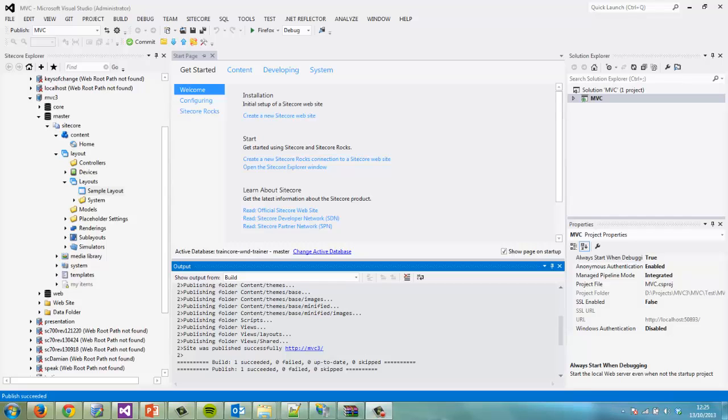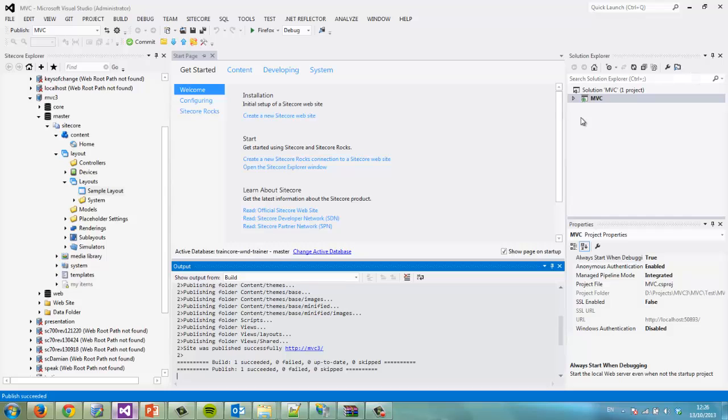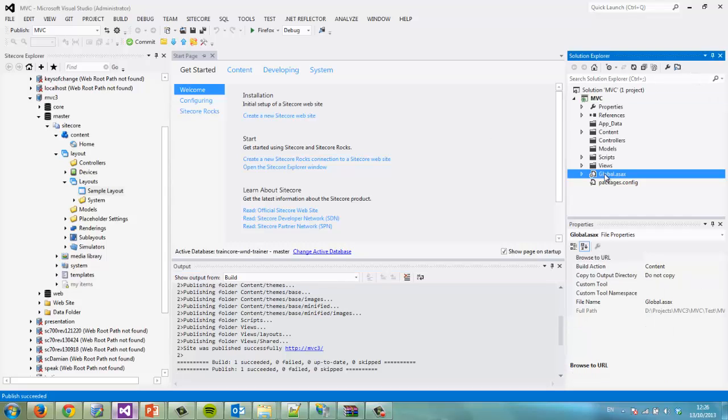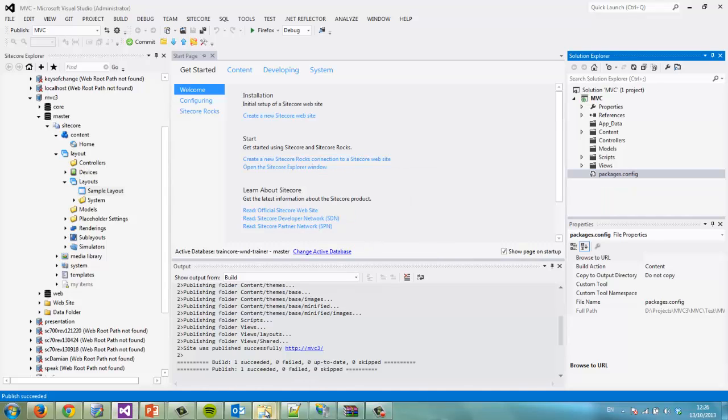Let's just check that it actually worked. We appear to have an error. And this is because we've overwritten the global.asax that Sitecore provided, so let's just go and remove that from the project as well. So I'm going to expand MVC, remove the standard global.asax, go into my web root here,